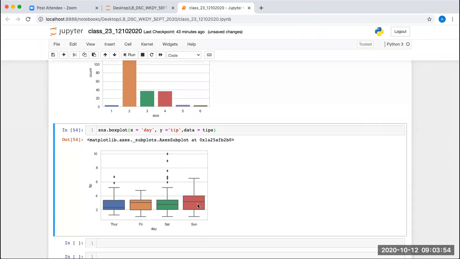Okay, fine. And whatever this box is, most of the people are coming inside this range. So it means most of the people are giving the tip on Thursday in the range 2 to 3, or 3.5 you can say. On Friday also it is 2 to 3.5, on Saturday also 2 to 3.5, but on Sunday it is in the range 2 to 4. Okay,